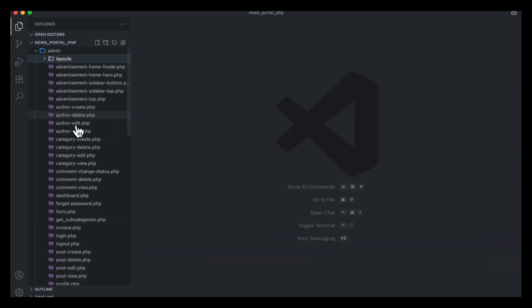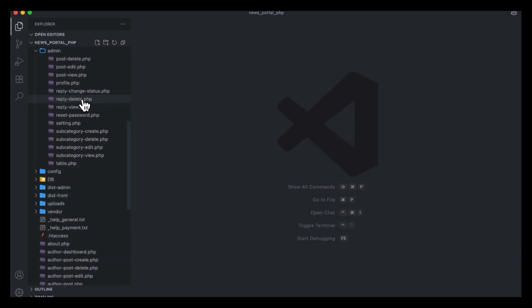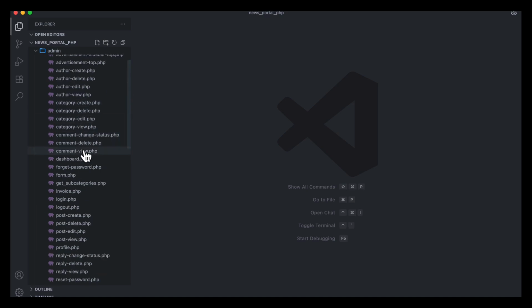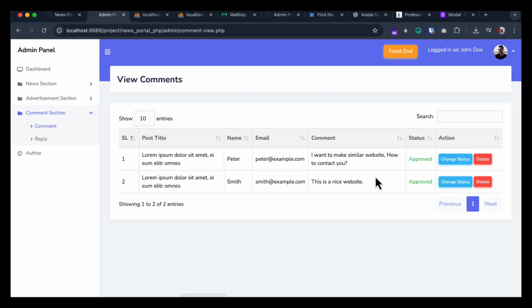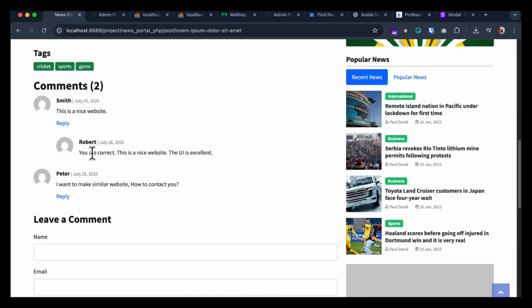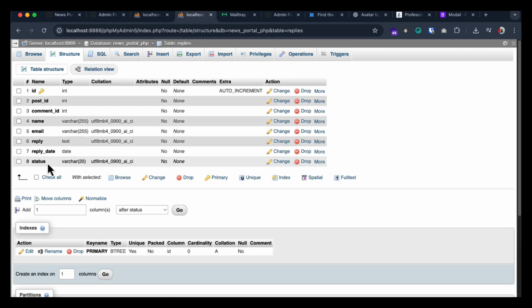So if admin wants to reply straight to any place, then reply, change the status, no. I will go to the comment view. So my comment view is here. So instead of change the status, I will need post data and comment data in my hand, and then I will send the data here. But how will you understand whether it is an admin reply or any other person's reply? So in the case of replies, here you can